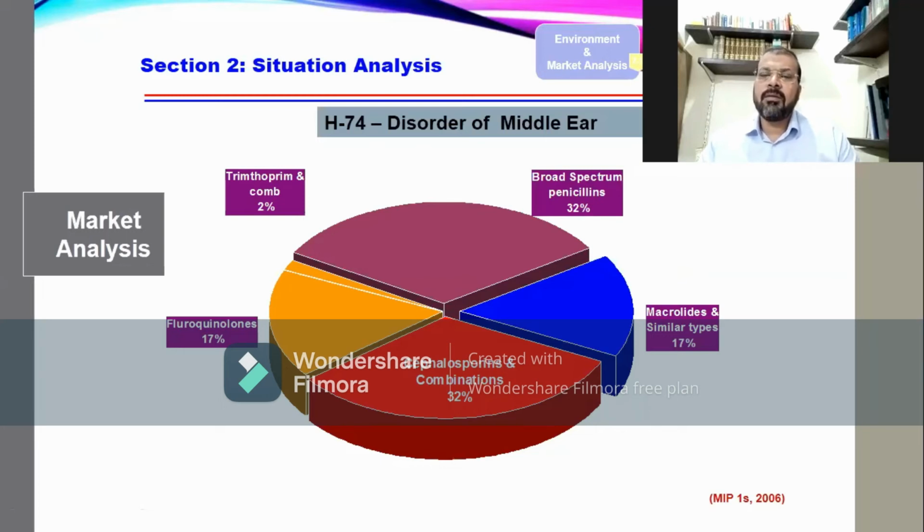Okay, then for example, we took another indication, which is middle ear infections, and its code is H74. Then we see which kind of antibiotics are being prescribed in what percent. Then we can further drill down. For example, this red pie of cephalosporins: if we are operating or marketing a cephalosporin product, then we will further drill down. Then this pie of 32%, we will consider as 100,